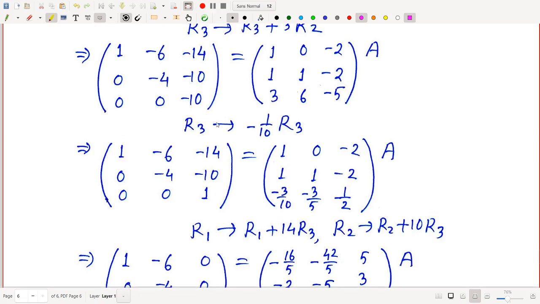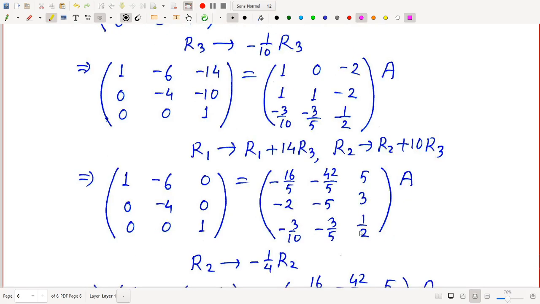this time we are bound to apply fractional operation, because in inverse actually we have seen ultimately inverse is 1 by determinant A into adjoint A. So fraction always will be coming in the answer. That's why this minus 10 we want to make 1. So minus 1 by 10 multiplied with third row. So this becomes 1, but here fractions coming. So minus 3 by 10, minus 6 by 10 means minus 3 by 5, minus 5 by minus 10 means it will be half, correct. Now